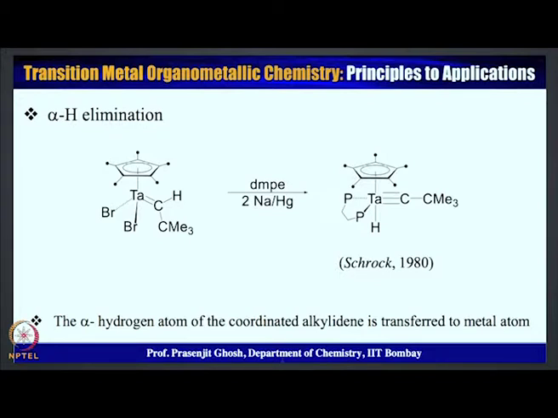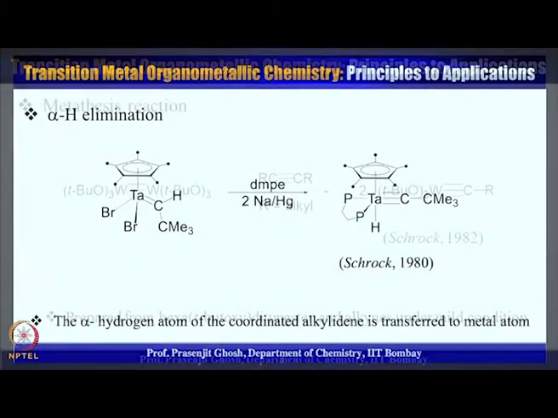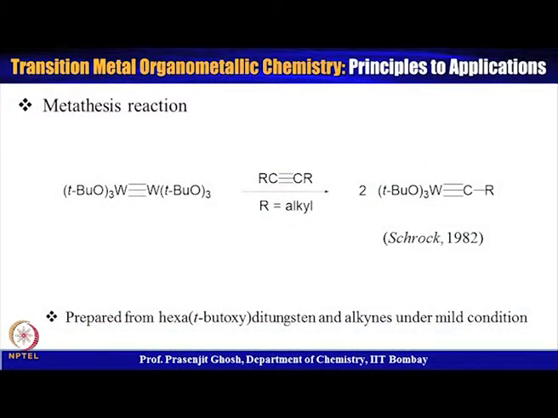So, of the three strategies so far that we have seen for preparing the carbyne complexes, all use a transition metal carbene as a precursor, and depending on the various methods they apply, transition metal carbyne complexes have been formed. So, let us take a look at some other examples that are prevalent for making these carbyne complexes, and one interesting reaction which we are going to talk about right now is this metathesis reaction.